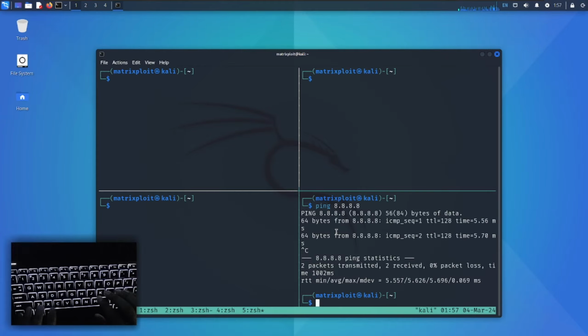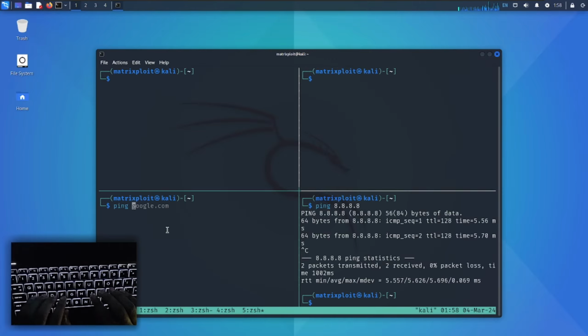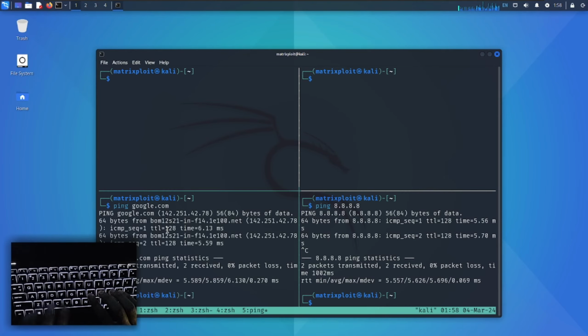Okay, and then Control B Q 1. So I am inside this pane now. I can start doing work in it. Ping google.com, and again if I want to move to this panel, Control B Q 2. So I'm inside this panel now. Like this you can switch the pane inside a particular window, and that window is inside a particular session